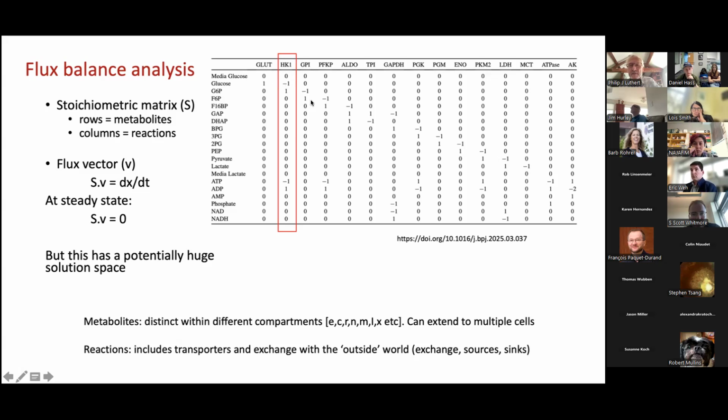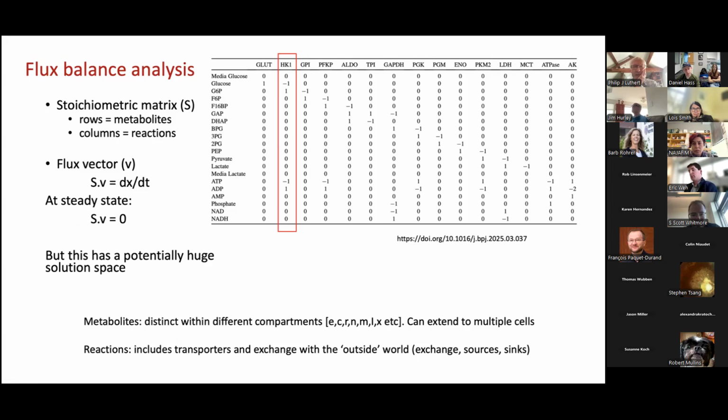And you can see that this is followed through the entire matrix. And if, for instance, one of these reactions required 2 molecules of something, that would be recorded as a -2 or a +2. So hence stoichiometric matrix. Now, if we take the steady state, then the rate of change of each of the metabolite concentrations will be 0. And so if we solve this, we can begin to get a handle on what the flux might be.